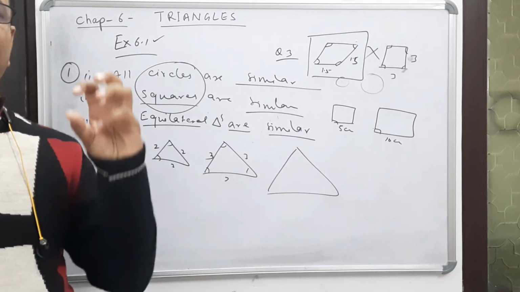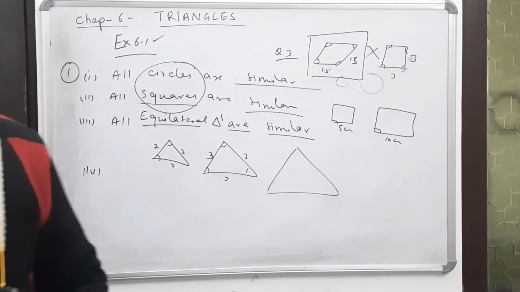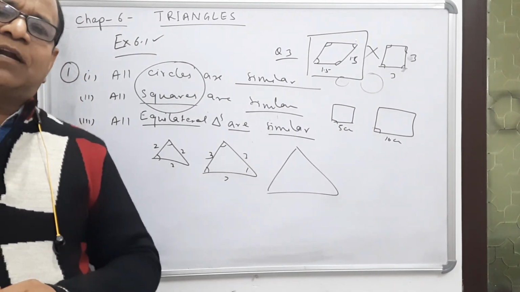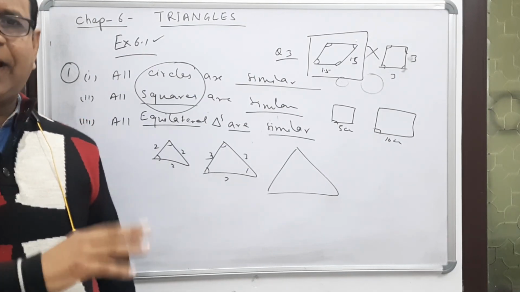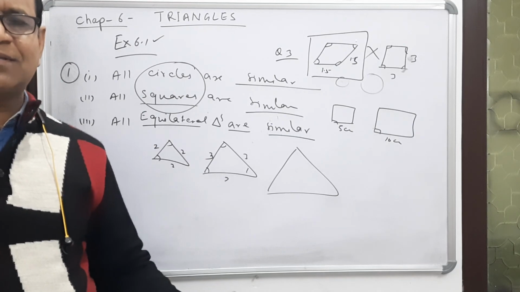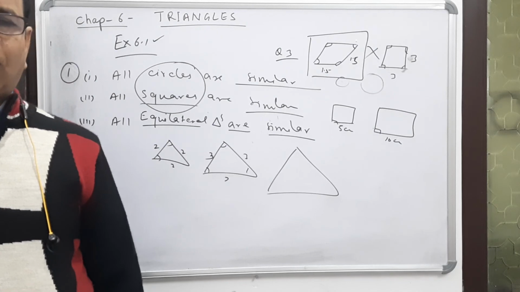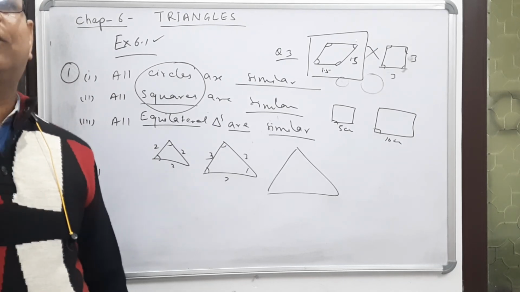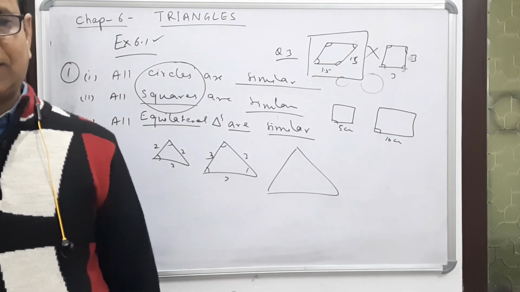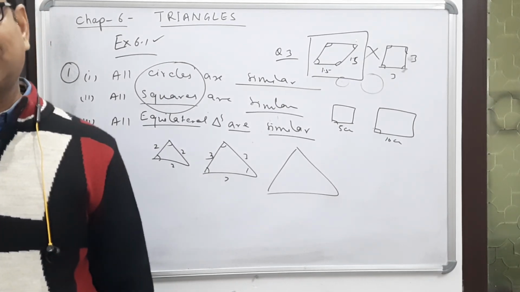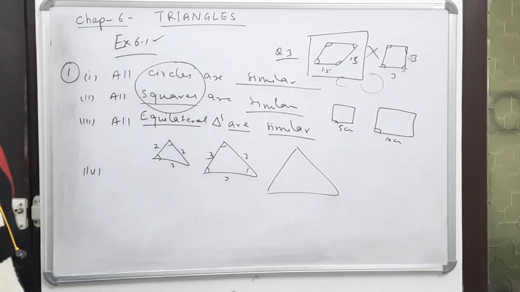So in total, now we understood a concept that if you click a photograph and if you ask the photographer to get the copy of that photograph in different sizes, 4 by 6, 6 by 8, 8 by 10, 10 by 14, different sizes, 9 by 16, 16 by 9, what you will find is that in all these, the photocopy of that photograph will definitely be similar to the original photograph. So that is the meaning of the similarity criteria in the polygons or in figures, we say.